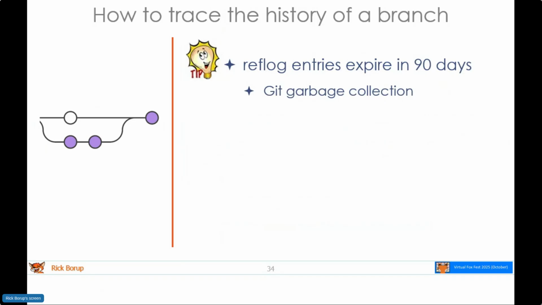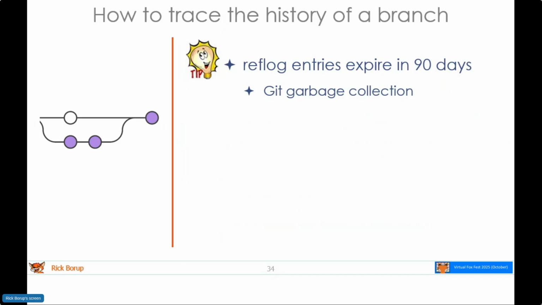So here's another tip. Reflog entries expire by default in 90 days. Ask me how I know that. This is a feature of Git's garbage collection. And I didn't know that this happened. In fact, I had a branch that had existed for more than 90 days, and I had to set it aside. And when I came back to it, I wanted to refresh my memory what was going on. I ran the reflog and I got several entries, but I never got to the beginning point. Well, again, as I learned later, because they expire in 90 days and Git garbage collection cleans them up,